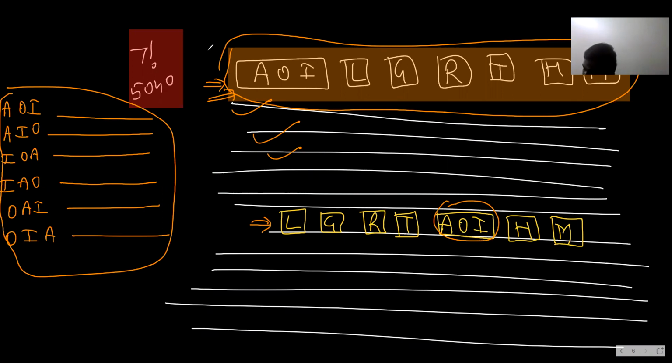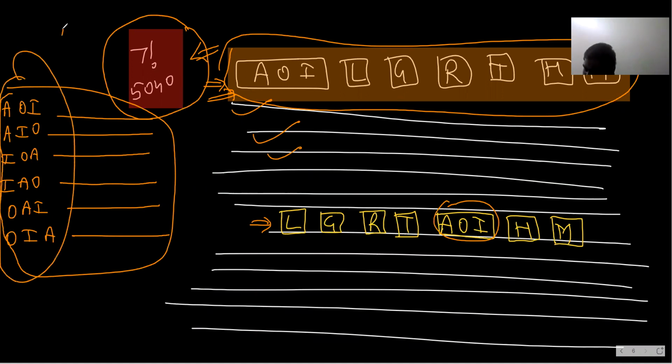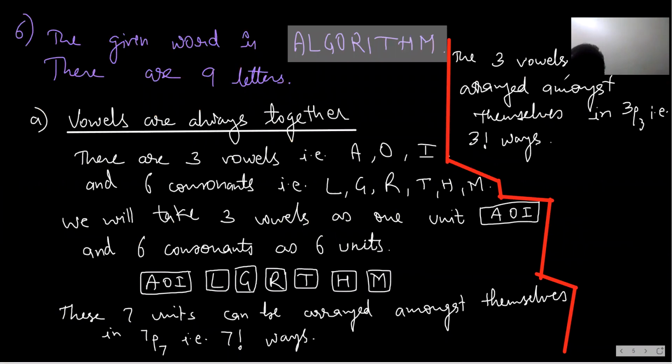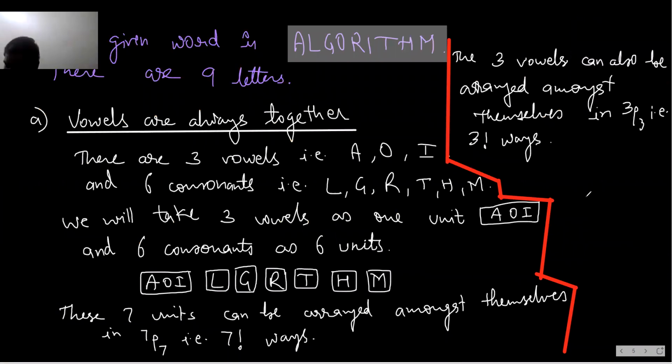तो कहने का मतलब, you can do one operation in 7 factorial ways. Now, when you have done this operation in any one of the 7 factorial ways, the other operation you can do in 3 factorial ways. So both the operations one after the other you can do in how many ways? 7 factorial into 3 factorial. समझ में आया क्या? बोल दो सब लोग। Yes, sir. गणपति बप्पा मोरया।